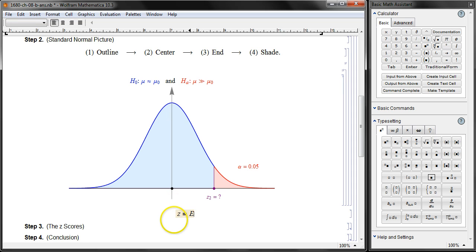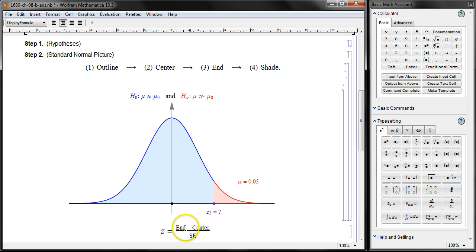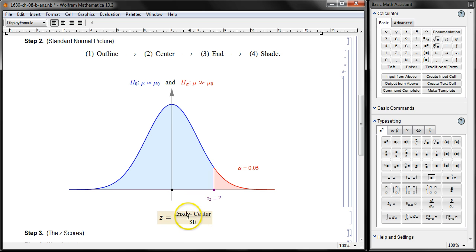So z is x minus center over SE, but as a matter of fact, this time this is not going to be the end of this picture. We're going to just use x